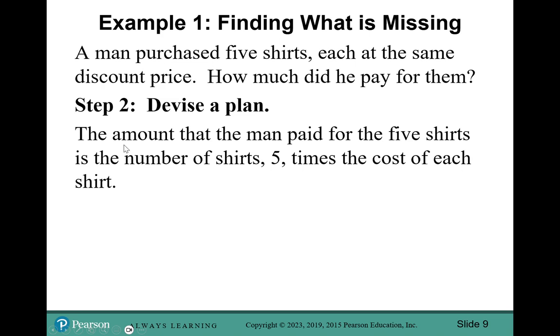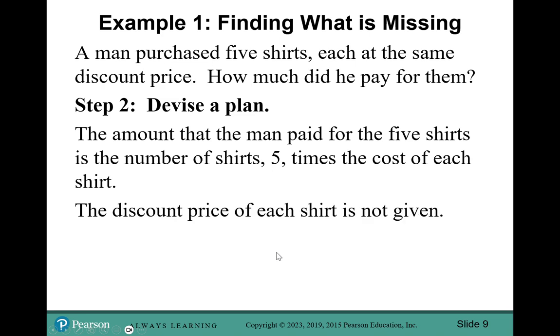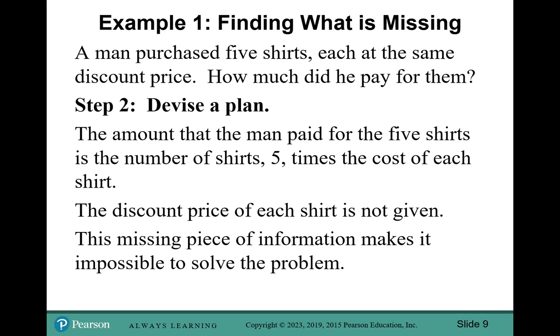Step 2, we need to devise a plan. The amount the man paid for the 5 shirts is the number of shirts, 5, times the cost of the shirt. The discount price of each shirt is not given. The missing piece of information that makes this problem impossible to solve